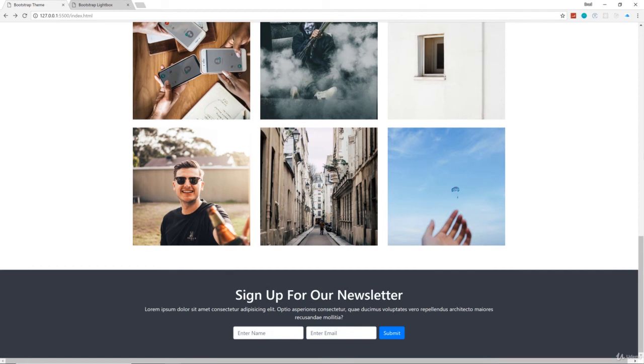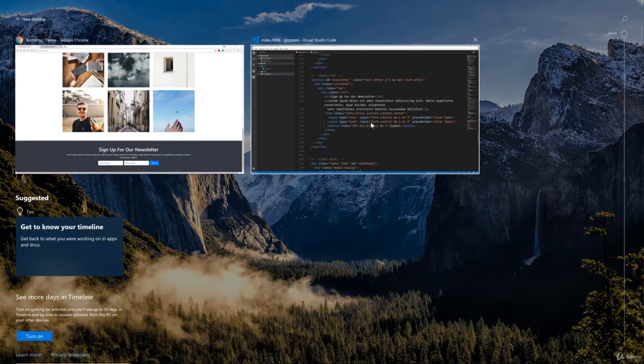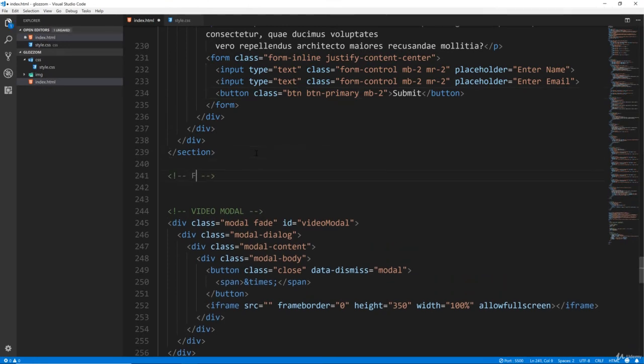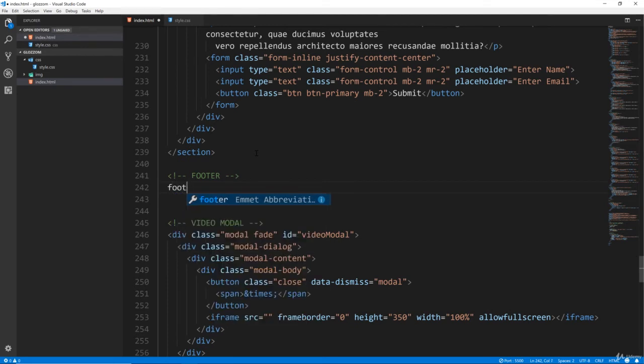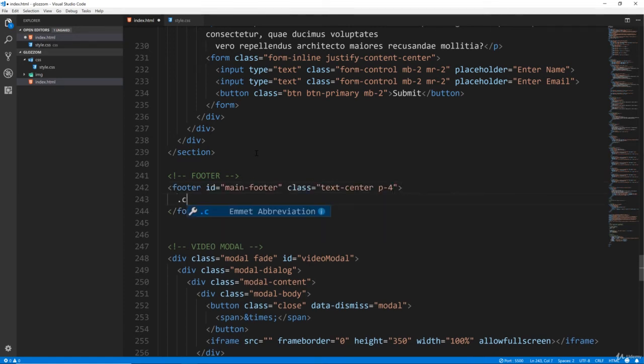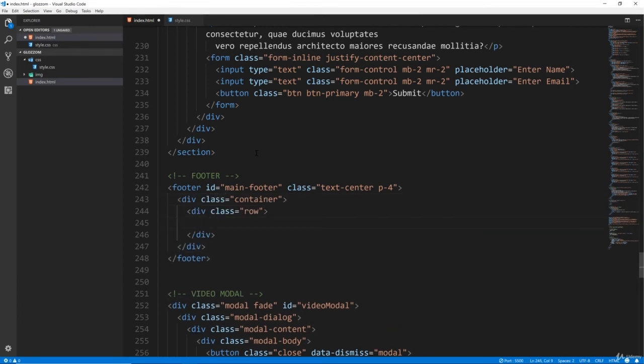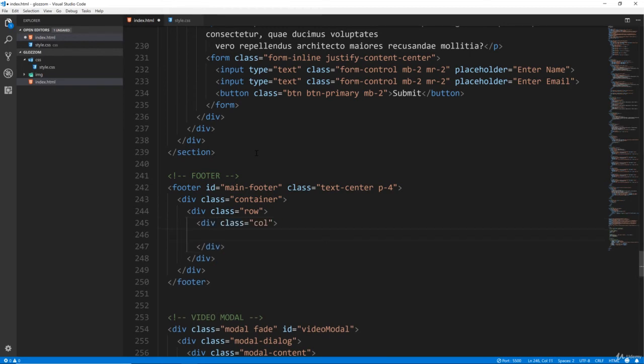Now what we're going to do is just add the very simple footer. So we'll go down right here. Let's use our footer tag and let's give it an ID of main-footer. Okay, I'm also going to give it a class of text center. I want everything to align to the center, and I want a bunch of padding, so we'll do p-4. And then in here we'll put a container. Let's do a row with a column, and we're just going to put a paragraph that says copyright